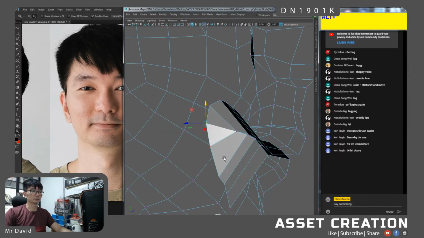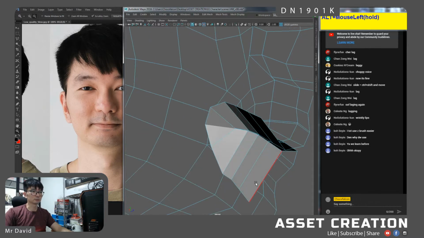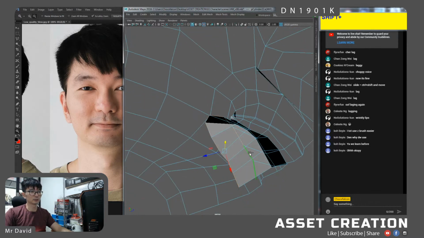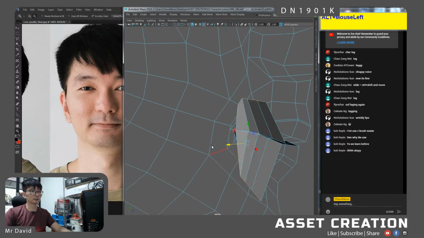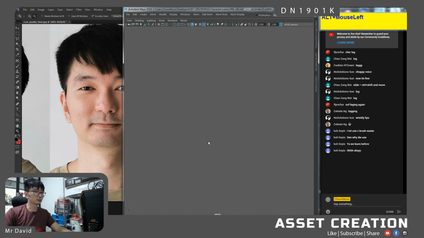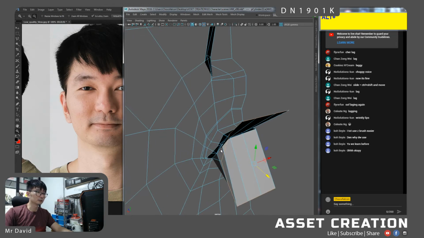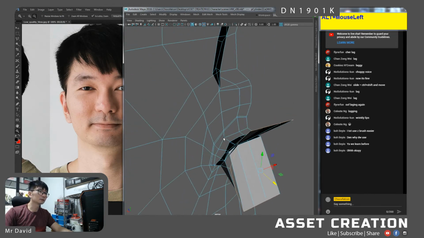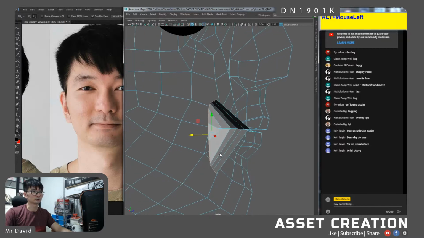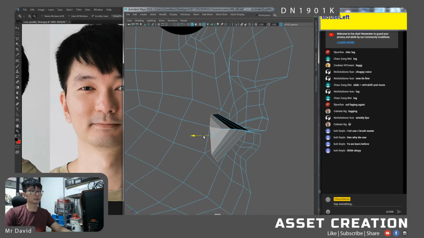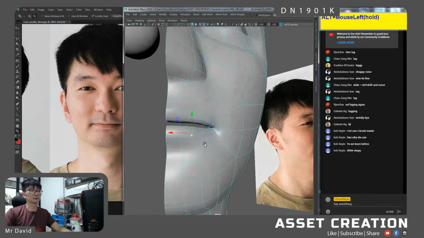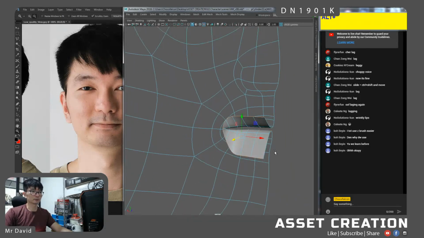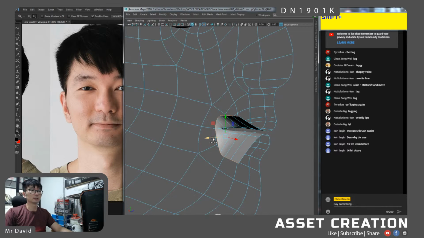Okay, so one more time, shift, double click, and I'm going to straighten it. Pull this back. Oh, did I miss anything? What is that? Oh, okay, that's nothing. So I'm going to shrink down just a little bit, pull it back. Okay, so this will be the inner lips. Okay, next I'm going to extrude it out again, widen it up,